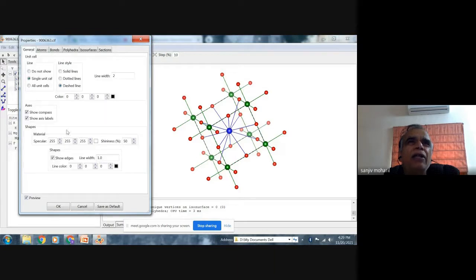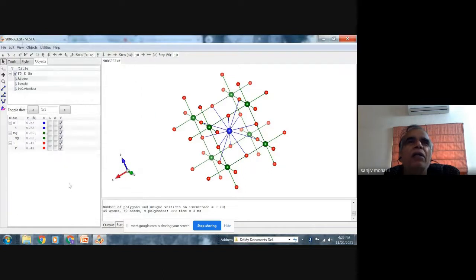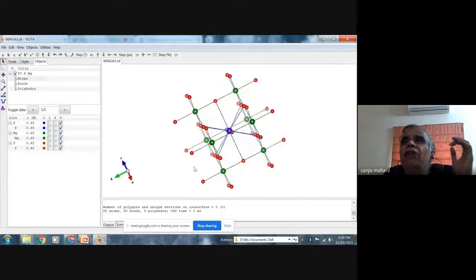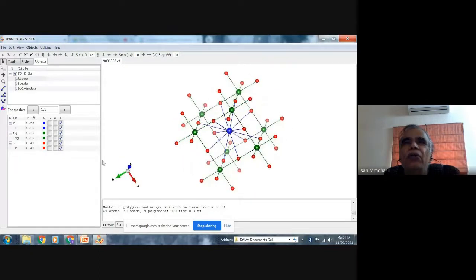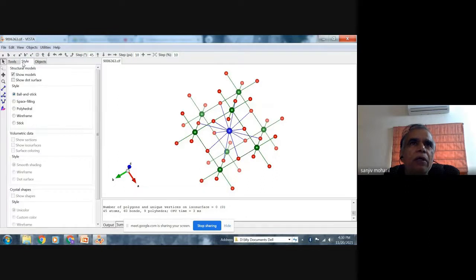There are many options available, and I can play with this. So still I do not see the unit cell. Why the unit cell is not seen, I don't know. Style, ball and stick. Okay.